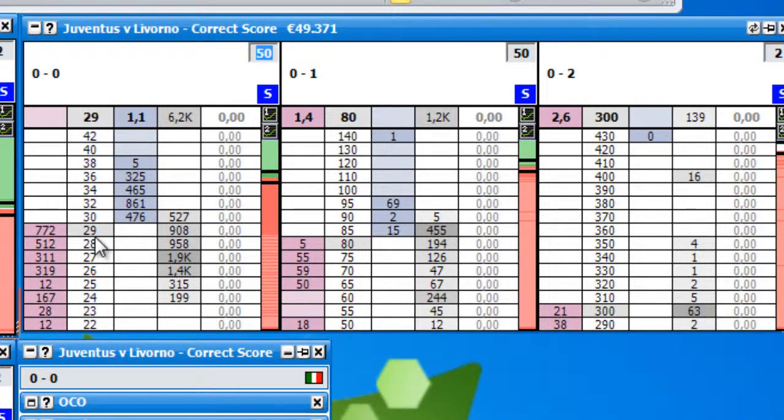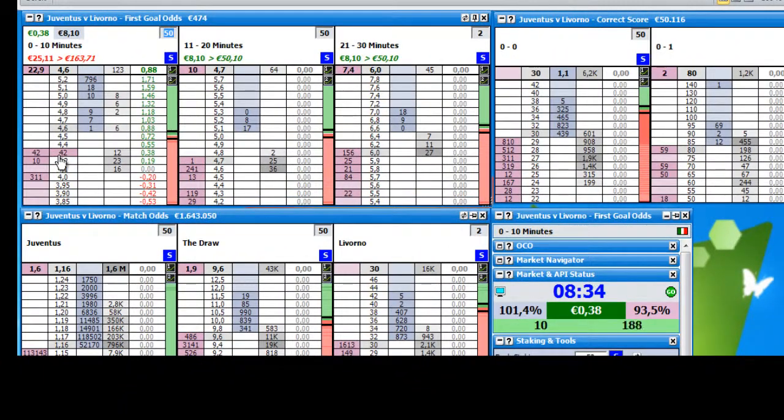Maybe it is a little bit too low, but the fact is that here we have a really strong favorite in the game, and the odd will not come down as fast as possible. So we will see if I get here fully matched. If not, I have now already 8 euros on the odd of 4.10. Okay, I have got the lowest odd here, so it's a good sign.